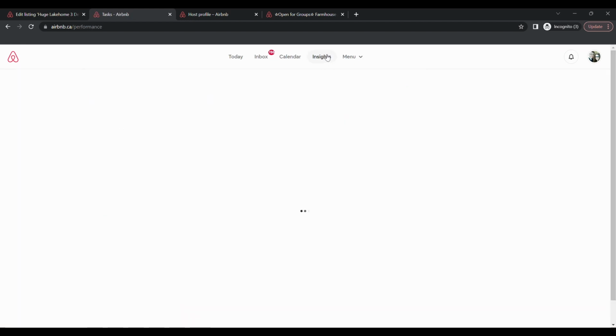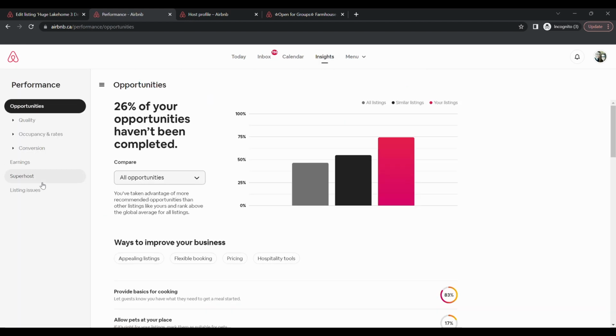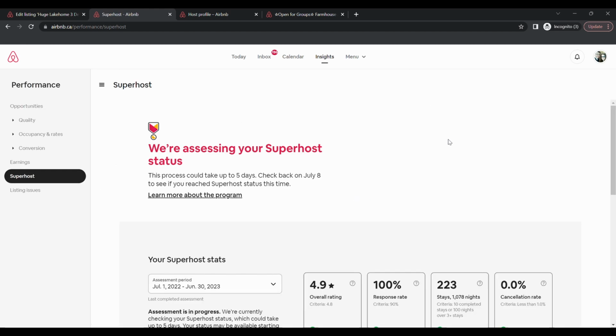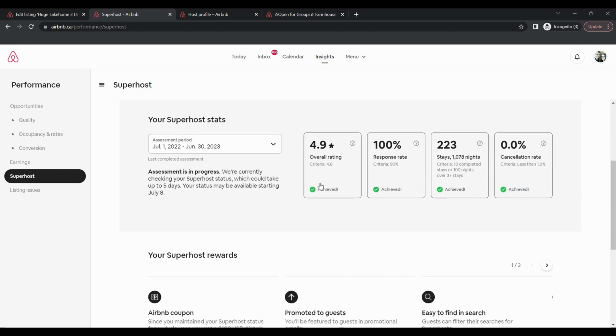For example, if I dig in here, let's see if I can do that without getting in trouble, and go into Insights and click on Superhost, which everyone seems to care about, you can see what you're graded on. You're graded on your ranking, your response rate, meaning how quickly you respond to people within 24 hours of them messaging you, a minimum number of stays, and also your cancellation rate. If you cancel a bunch of bookings because your flipper sold the property, you're going to get hit hard, and it's going to damage your co-hosting. Essentially, you need to have one cancellation per 100 bookings. That's a lot to do.